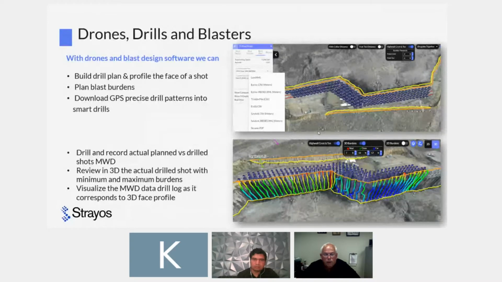And you've got to remember, this is the start of your quarrying process or your mining process, and it really dictates a lot of things past here. And it's better to pay attention to it from the start as opposed to dealing with it when it ends up at your crusher. So let's go on to the next slide.